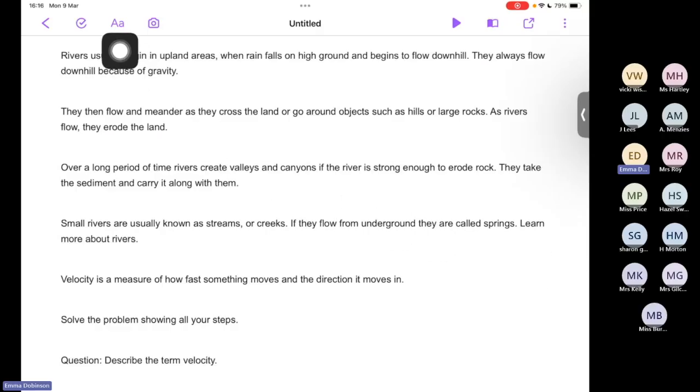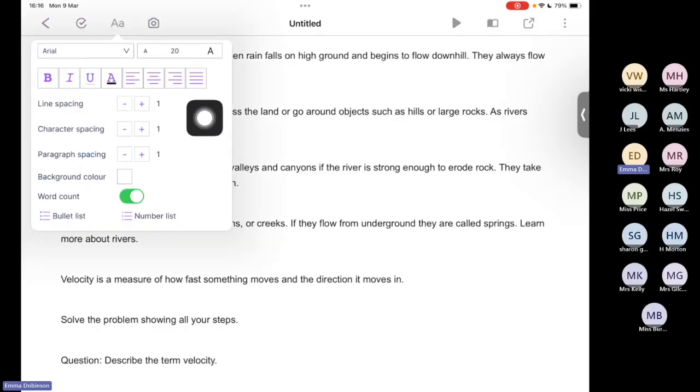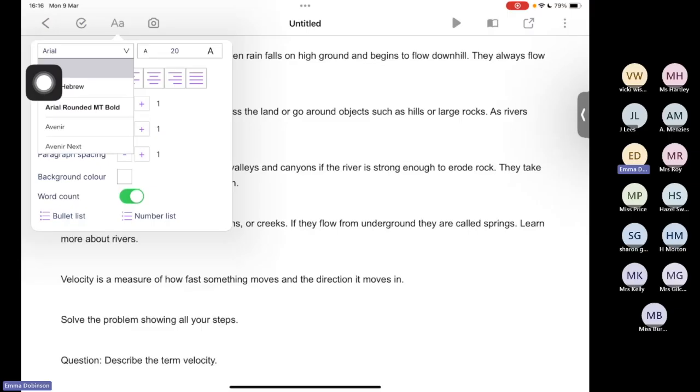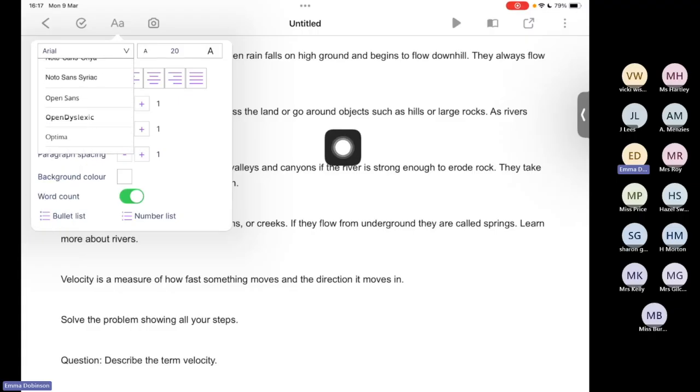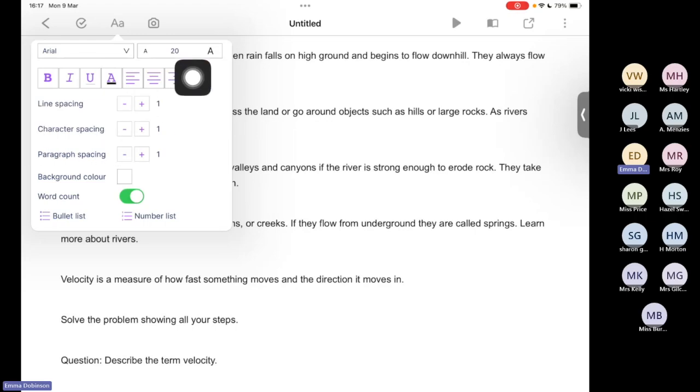And what we can do is we can go up to the AA. This is the area where you're going to format your text, your background, your font size. If I click on the AA, there's lots of different things I can do here. If I've got text highlighted, I can choose a font from the list, and we do have Open Dyslexic font, which I could select if I had text highlighted. I can change the font size, whether it's bold, underlined. I can change the font color, the spacing, but the key one I want to draw your attention to is